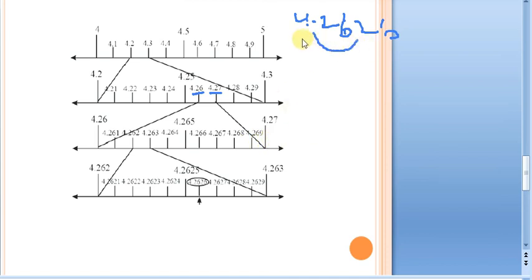Again you look at 4.262 something. So that means we have 4.262, and it has not yet become 4.263. So this region again we have to magnify. When you magnify it, you will find 4.2621, 4.2622, 4.2623, 4.2624, and so on. Like that, remember everything has to be equally spaced. So you will have 4.2626 at this particular point.